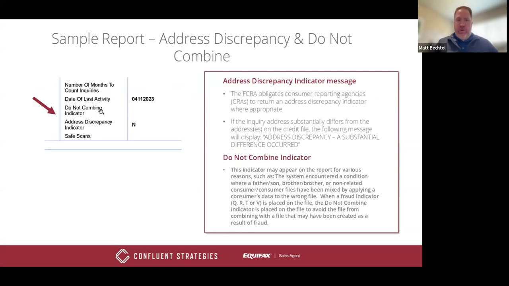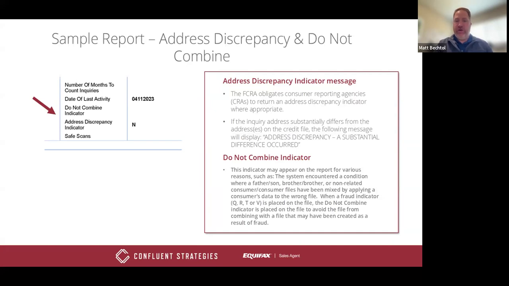One of the items you'll notice that's important is what we call a do not combine indicator and an address discrepancy indicator. Address discrepancy indicator is newer, within the last 10 to 20 years, still new, relatively speaking, in credit terms. It's an alert that searches whether the address Equifax has on file is materially different than the one you provided on your application? Doesn't mean that the address you were given is not legitimate, but it could certainly warrant a further investigation